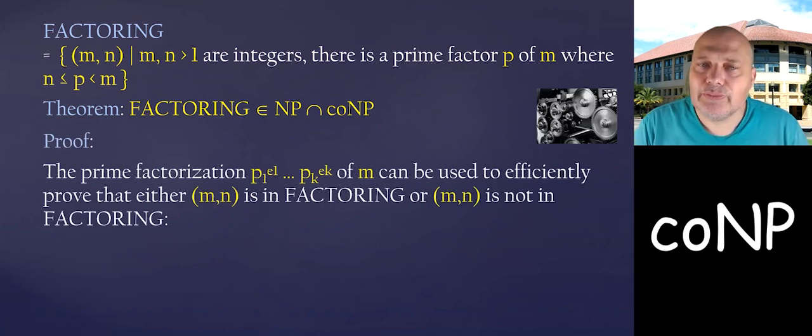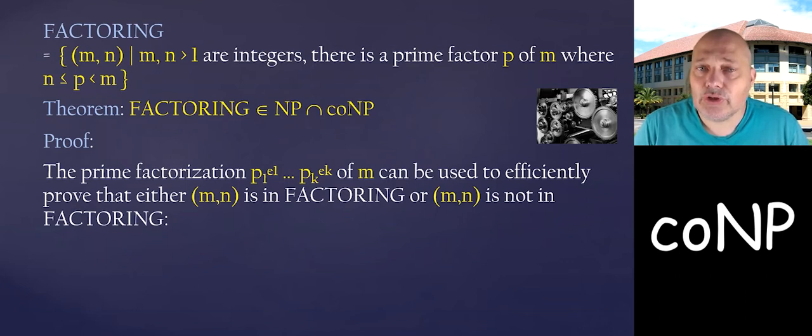And the proof is that the prime factorization of M can be used to prove both that (M, N) is in factoring, or if it's not, to prove that (M, N) is not in factoring. So if I give you the unique prime factorization of M,